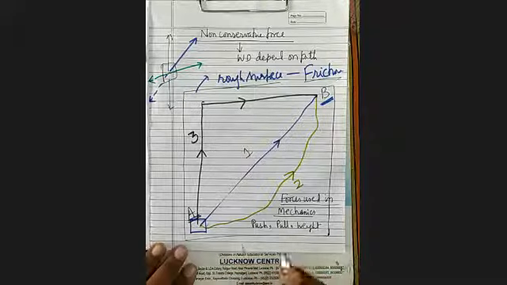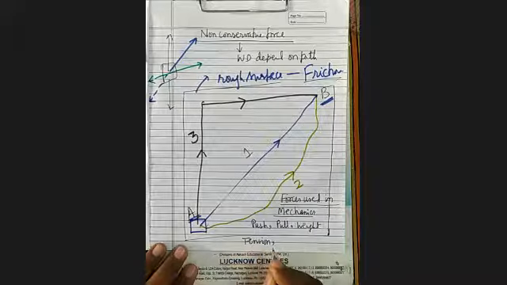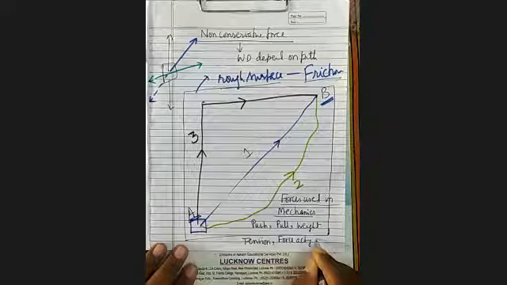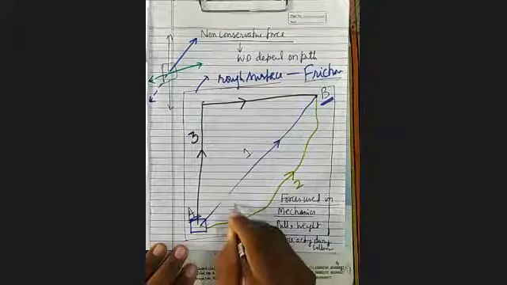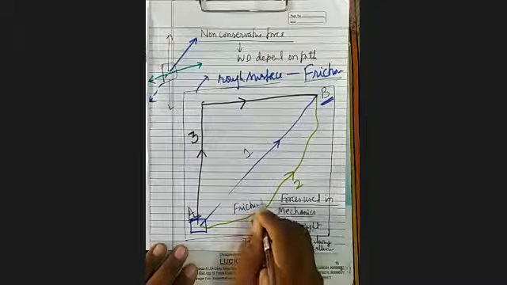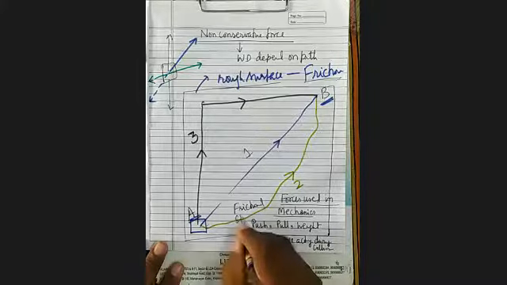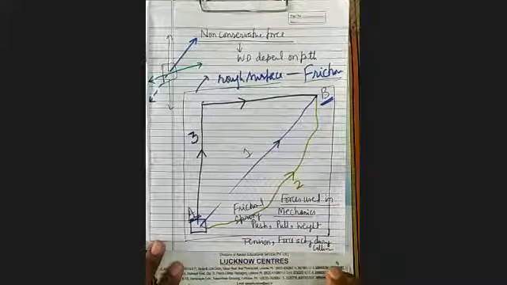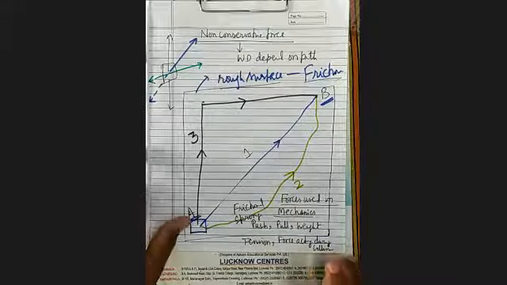Is it clear? Then tension force in the string, force acting during collision, frictional force. Just now I have told you frictional force is a non-conservative force. Is it clear? Spring force. All these are the forces which are used in mechanics. Is it clear? Now after this I am going to begin inertia.